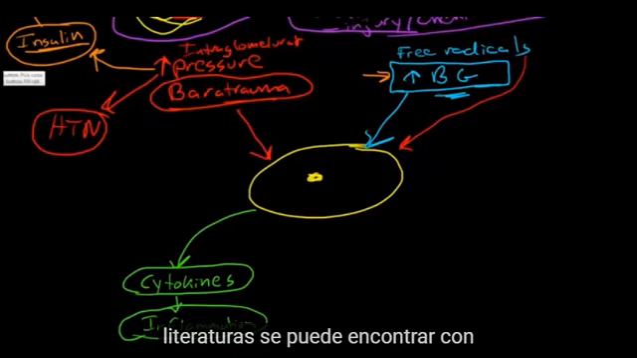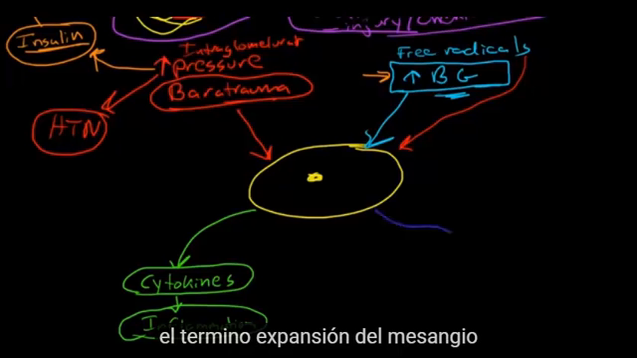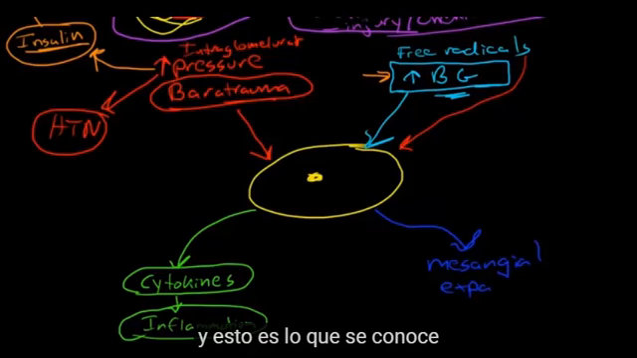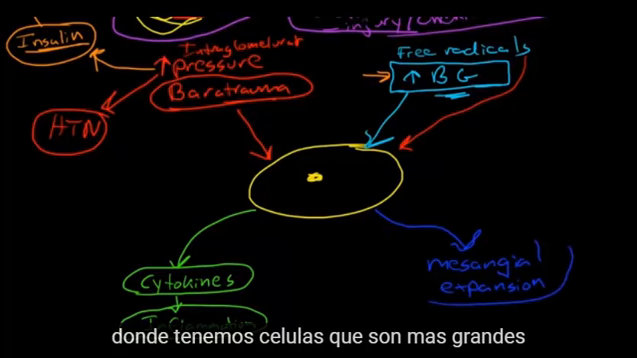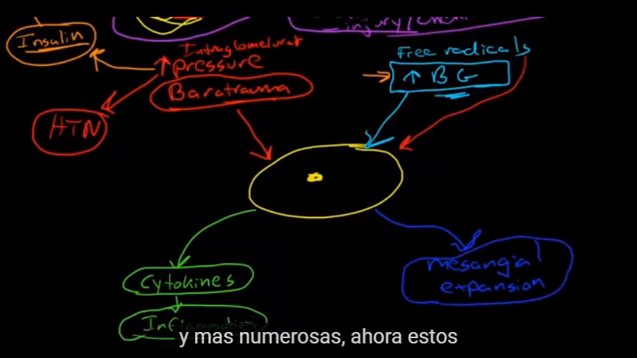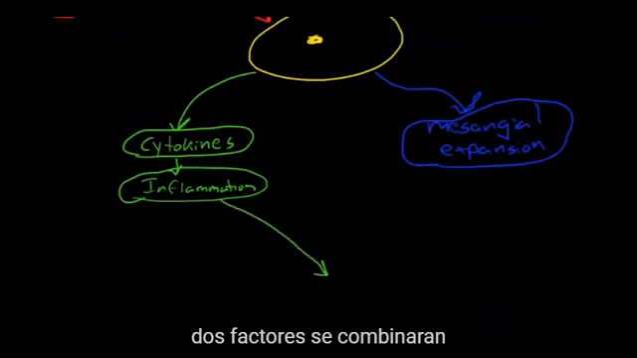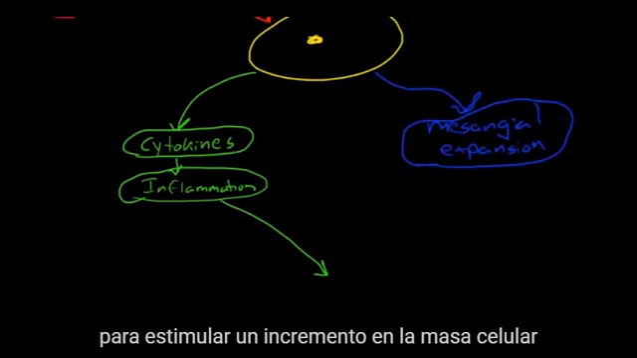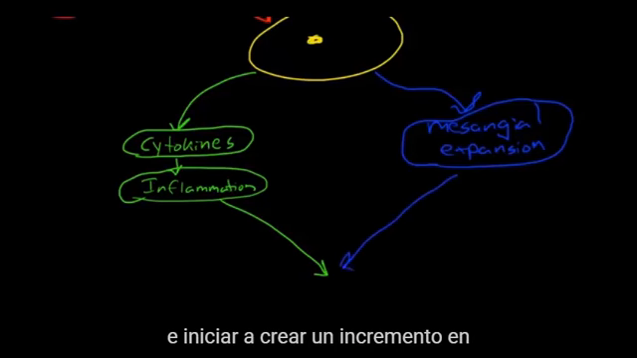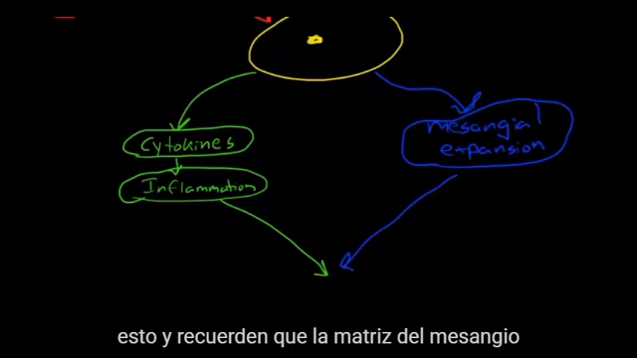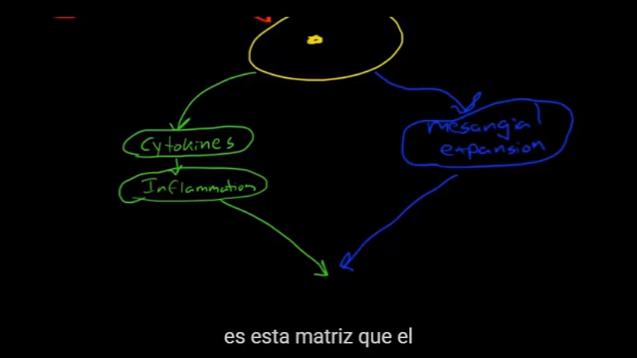read in the literature, you'll often come across the term mesangial expansion. And this is essentially hypertrophy of the mesangium, where we have cells that are larger and greater in number. Now these two factors are going to combine together to stimulate the mesangial cell to start to create an increased mesangial matrix. Remember, the mesangial matrix